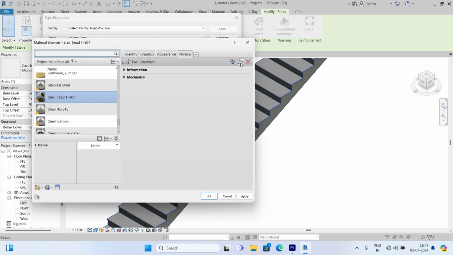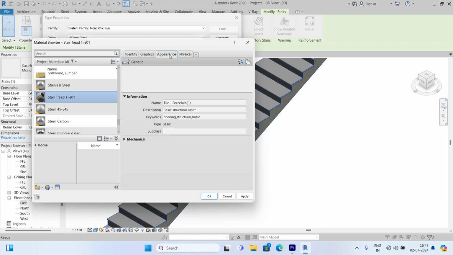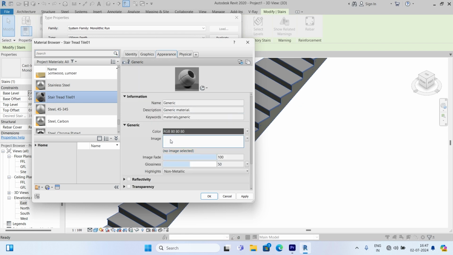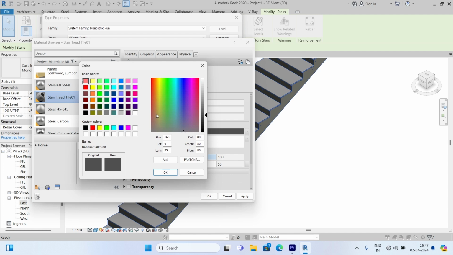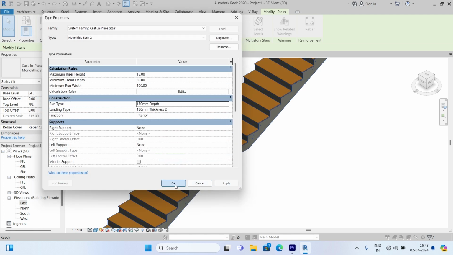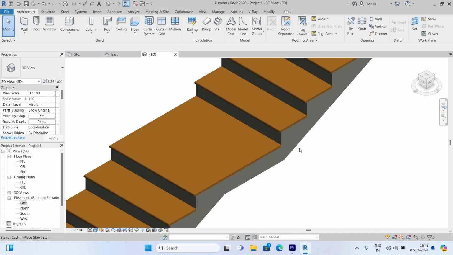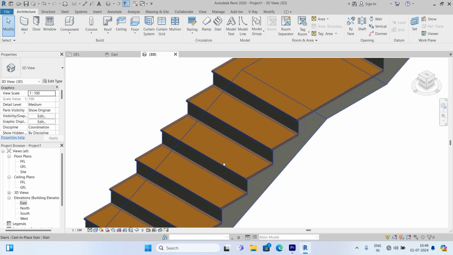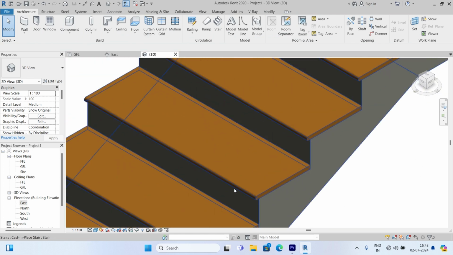Here it is. Then I duplicate it. Then the appearance. Here you can select an image if you have, but for now I don't want that. I select this RGB color. I select a different color like this, and I click OK and apply. OK, apply. OK. Now you see here all of the styles we laid over landing and the threads got colored,